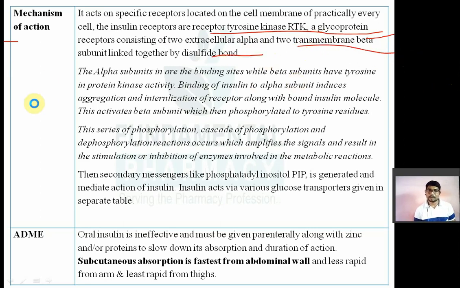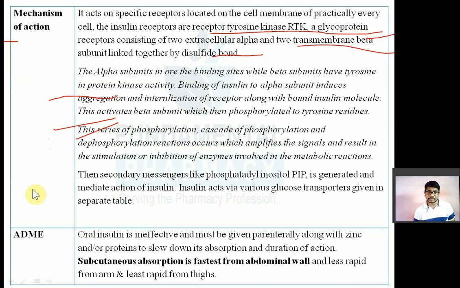The binding of insulin to the alpha subunit. The alpha subunit is the binding site, while the beta subunit has tyrosine protein kinase activity. So binding of insulin to the alpha subunit will induce aggregation and internalization of the receptor along with the bound insulin molecule. This activates the beta subunit, which then phosphorylates the tyrosine residues of proteins. A cascade of phosphorylation and dephosphorylation occurs, which amplifies the signal and results in the stimulation